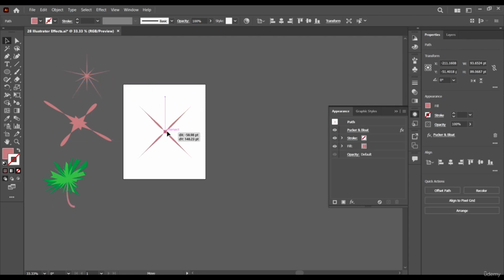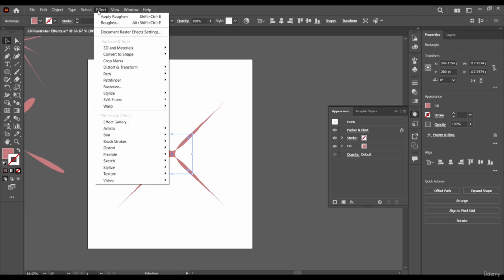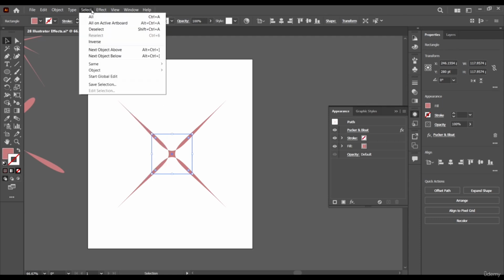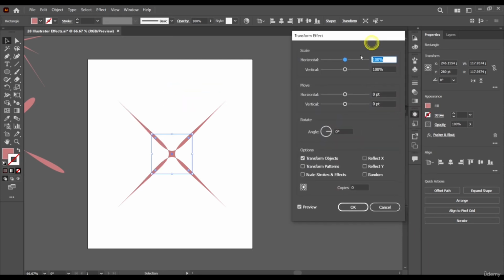Okay, let's see what we can do with this tool, which is the transform tool, right? The transform effect rather.